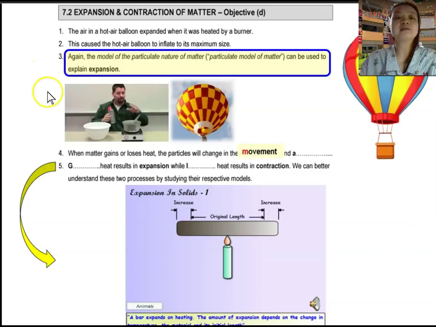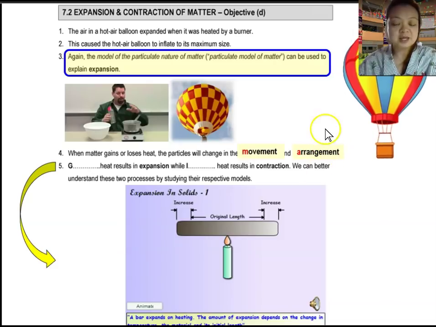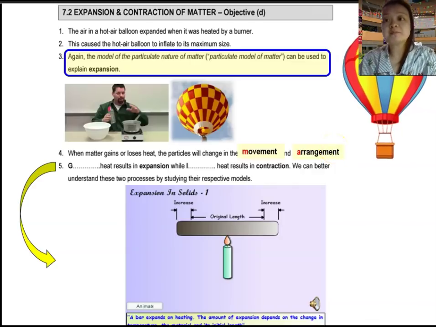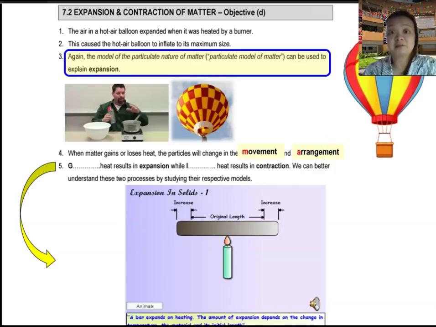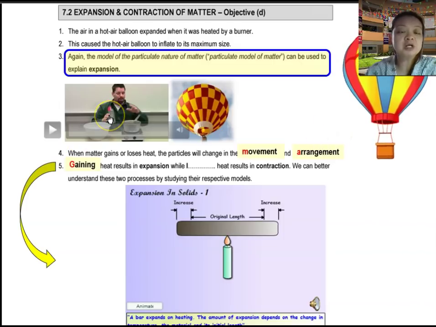So when matter gains or loses heat, we say that the particles change in terms of their movement and in terms of their arrangement. Because of the way they change their movement and arrangement, their properties will also be affected. Remember, properties are affected by the way particles are arranged and the way they move. So if there is a gain in heat, which you saw just now when this guy put the plastic bottle which contains air, with a balloon attached to it, inside the hot water,